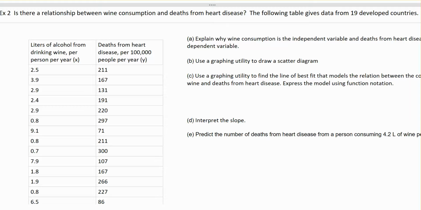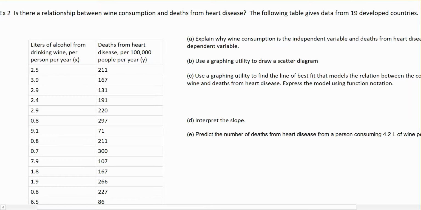So another topic that we're going to talk about in this particular section has to do with creating a scatter plot, coming up with the linear regression line that models the data from the plot. Kind of like what we talked about at the very beginning video of this section. So for that purpose, we're looking at this example here that says, is there a relationship between wine consumption and deaths from heart disease? So over here in this table of data, we have data given from 19 countries, and